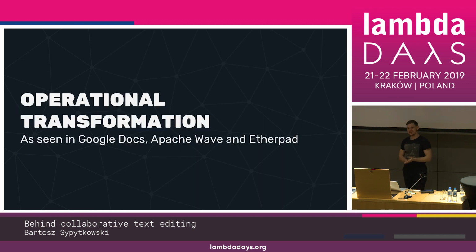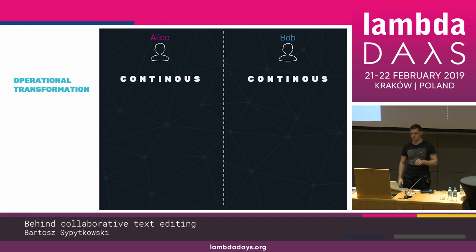So the first proposition is operational transformation. And as I said, Google Docs is the most common and famous example of this. Apache Wave is another one. Etherpad is another one. There are plenty of those examples in the wild. So what does it look like? Given the previous example,